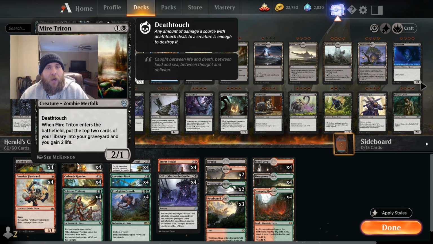And we have Mire Triton, 2 mana, 2/1 Deathtouch. When it comes into play, put the top 2 cards of your library into the graveyard, and you gain 2 life. So you gain a little bit of life. It's good against aggro decks. And then also, it is milling yourself for 2, and hopefully putting some of these big enchantments in,